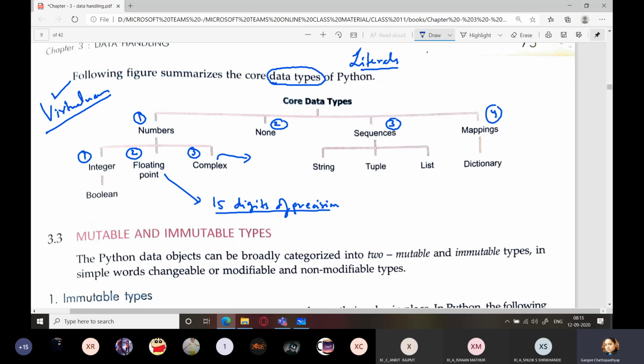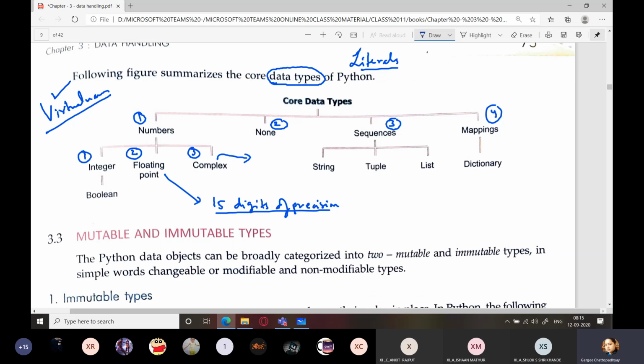So detailed discussion of each of these data types already we have done, right? So please watch the offline lectures for the literal data types in Python fundamentals to understand more about this. It is already there on my YouTube channel, so visit there. Go to class 11 computer science playlist and you will find all the videos over there.